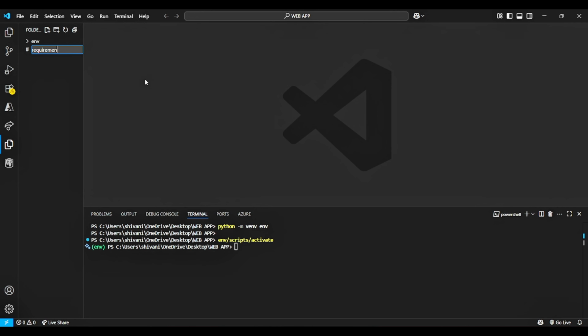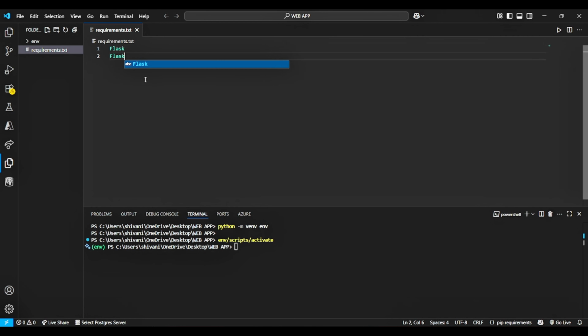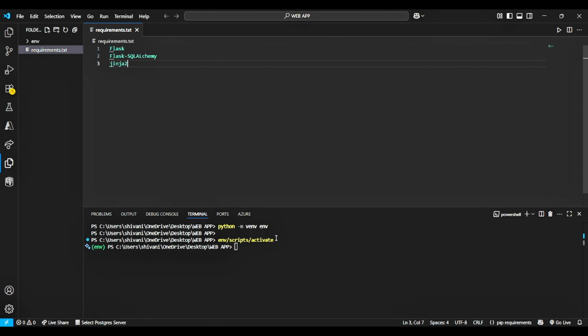It's time to create our requirements.txt. If you already know which packages you will need in the project, you can list them. Install them.